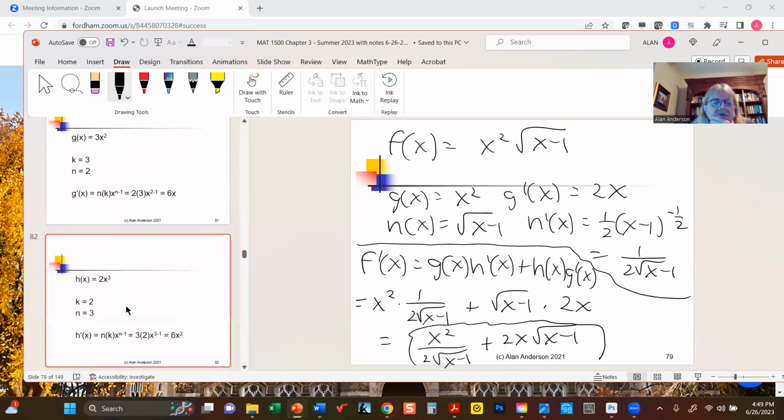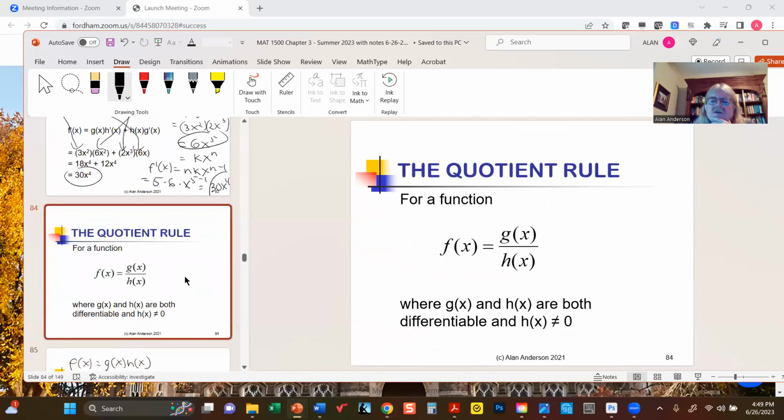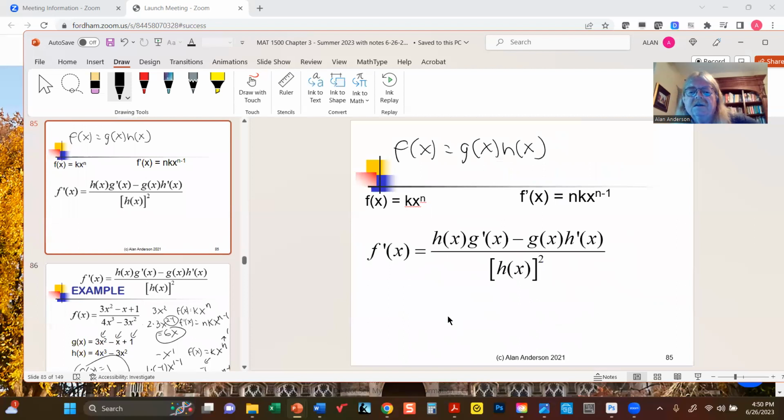Now, the quotient rule is also more complicated than you might think. In fact, it's even more complicated than the product rule, because this is what the quotient rule looks like. So we have, if our